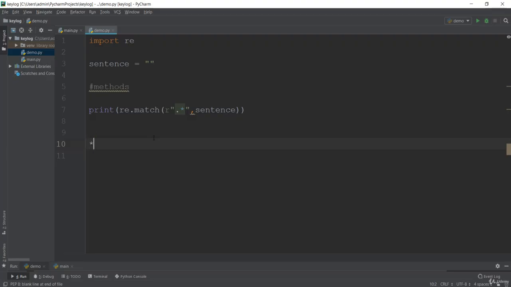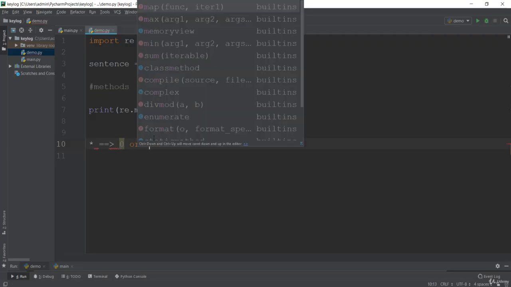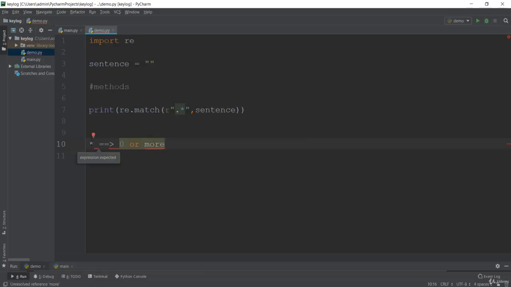So this asterisk sign represents that there can be zero characters or more. This is a very important wildcard character, saying that there can be zero or more, and this dot represents that it can be any character.